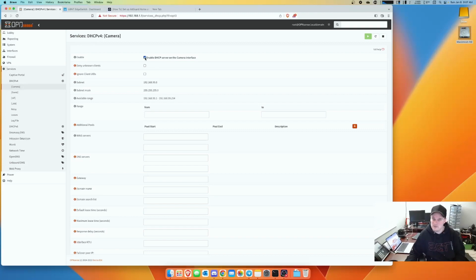We're going to enable the DHCP scope, and then it says right here what the IP address range could be, but we're going to make it a little bit smaller. We don't really need a wide open 255 subnet full of IP addresses. So we're going to go 192.168.99.100 to 192.168.99.150. 50 IP addresses for a camera,